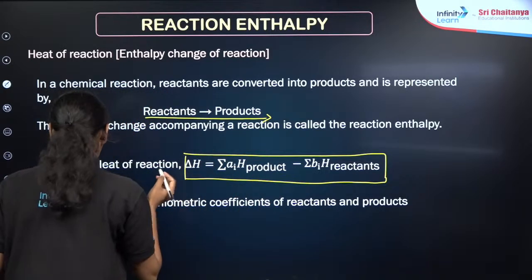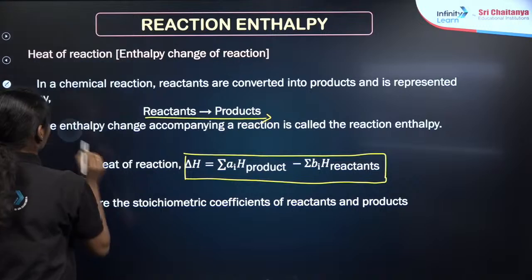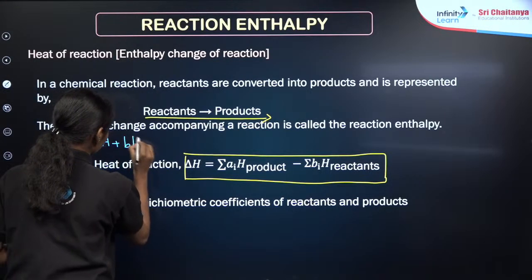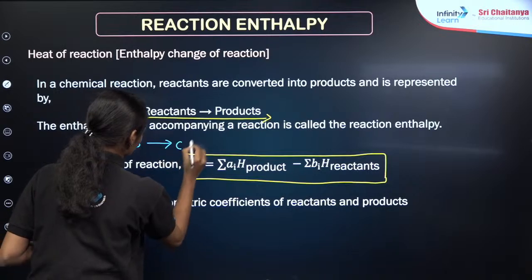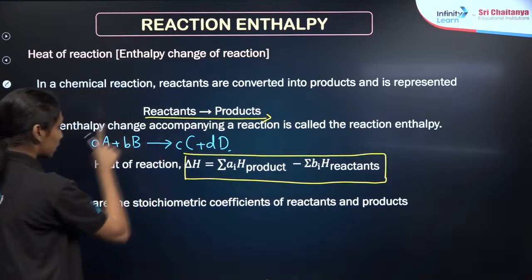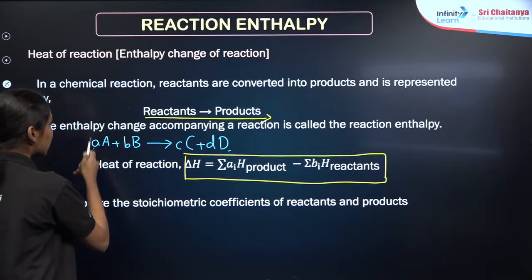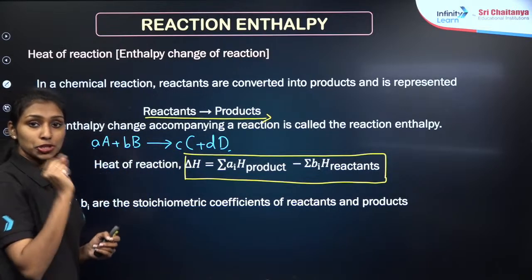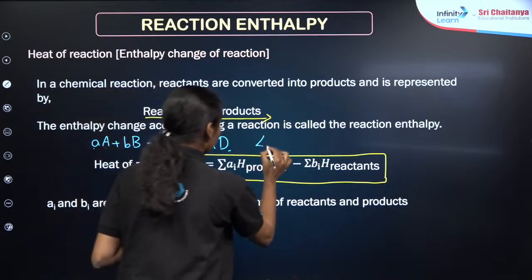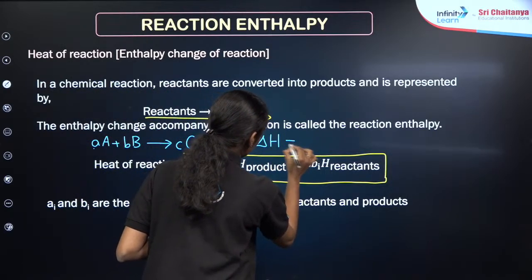For example, I am taking a reaction here. Okay, if this will be our reaction, we can say that small letters a, b, c and d are the stoichiometric coefficients of these reactants and products. So I can write the change of reaction, or reaction enthalpy, is equal to